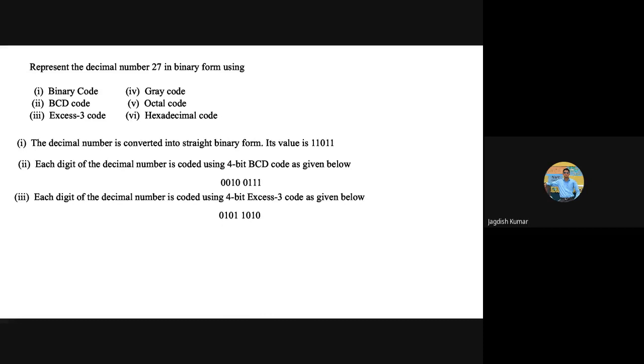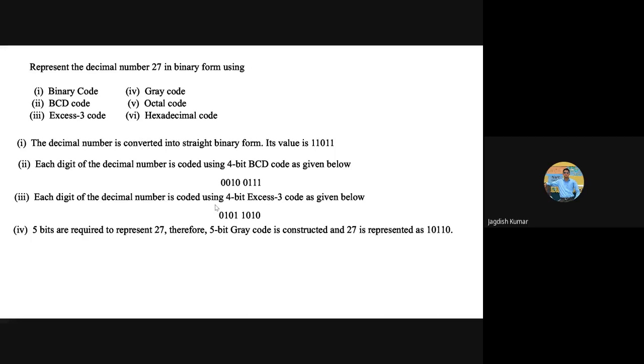Gray code, what are you doing? Is this gray code for 27?